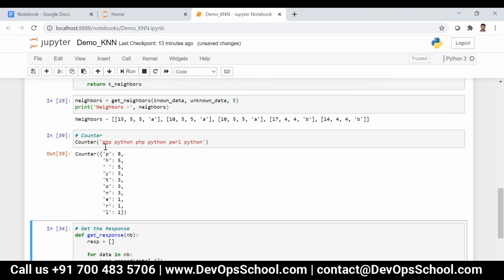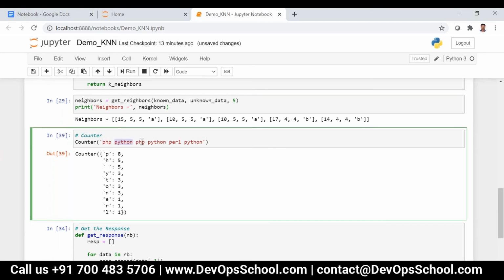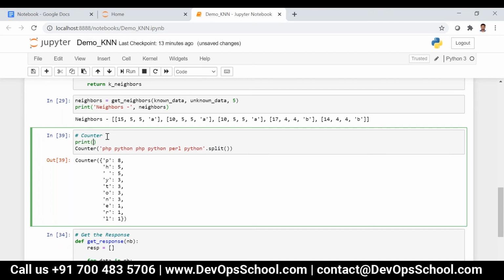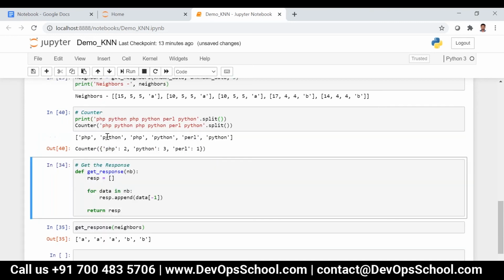But now if I want to count the number of occurrences of words, what I can do is split it, that is, I am splitting it based on space. Now if you execute this, I'll be getting a list like this.